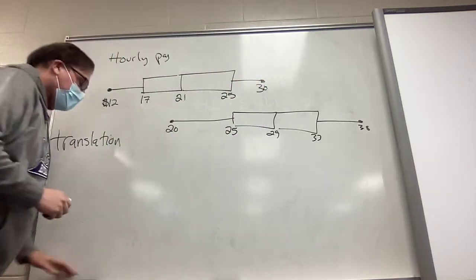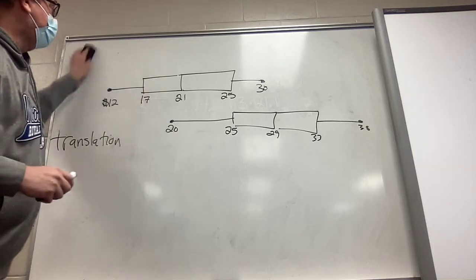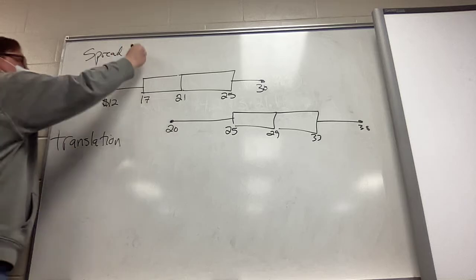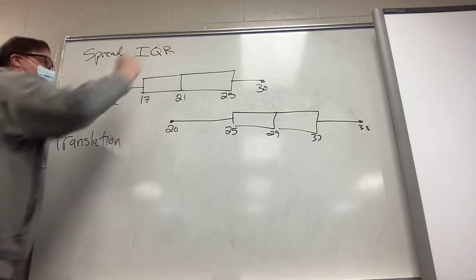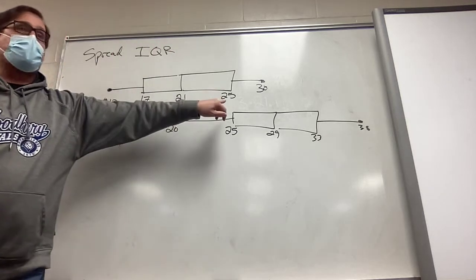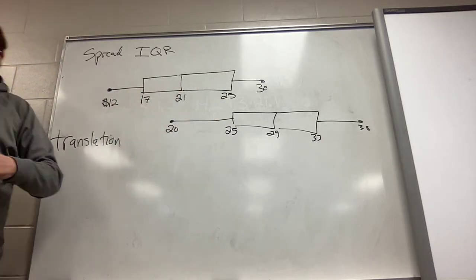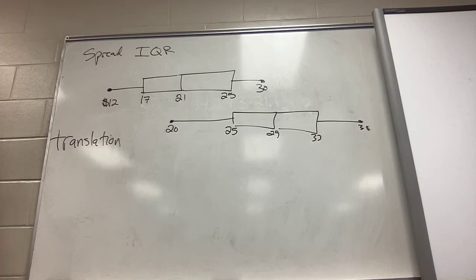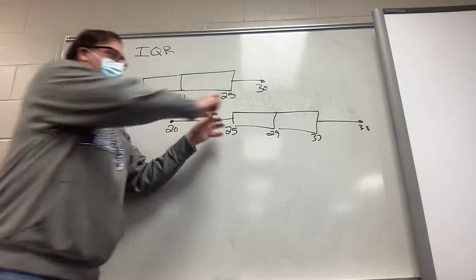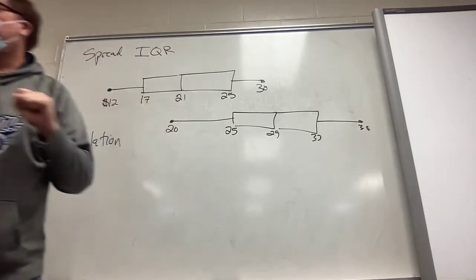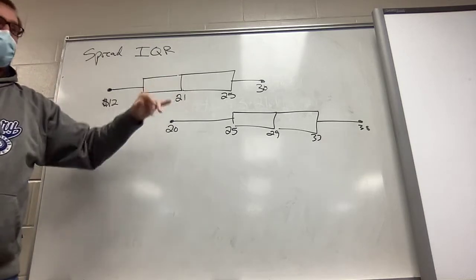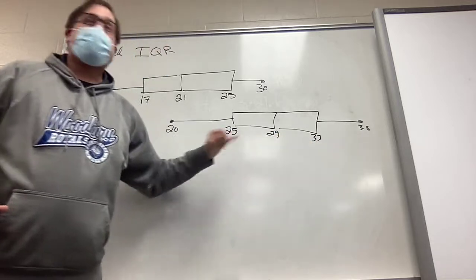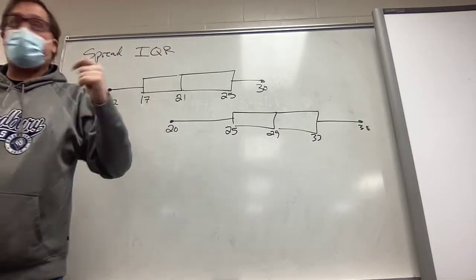All right. The two things about data on how far the data are spread apart are the IQR, which we have done, and we know how to do that calculation. On this first one, it is 25 minus 17. The IQR is, say it, 8, right? Does this box and whisker look spread out anymore? Forget about my bad artwork. What is the IQR here? 33 minus 25 is 8.